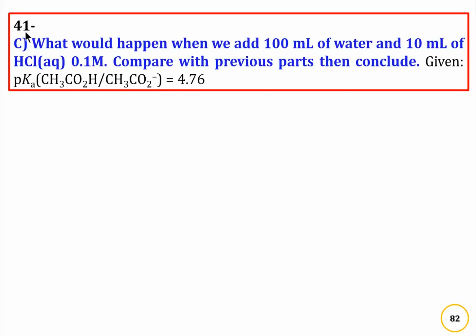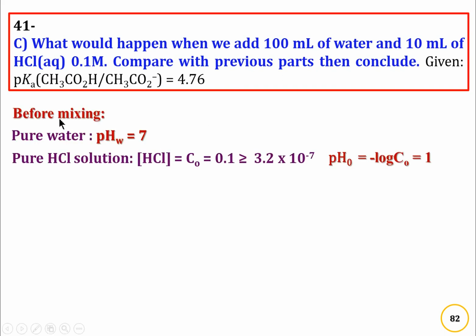The same exercise 41, part C. What would happen when we add 100 ml of water to 10 ml of HCl? Compare the results obtained in part C with the previous parts. So initially, before mixing, we have a beaker, for example, containing pure water, where the pH is equal to pKw